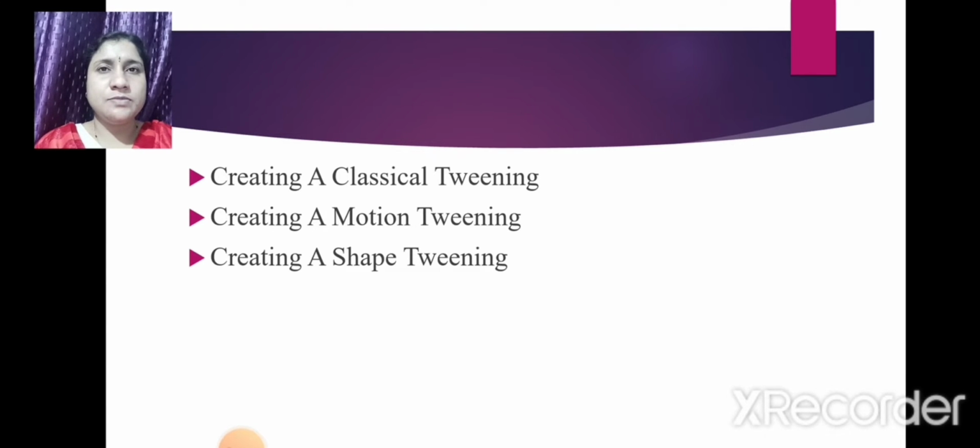Once the tween has been created, you can click on any frame within the motion tween and move or rotate the object. Animate automatically builds a motion path, animating the frames between the first frame and the next frame. In order for Animate to create the motion tween, you may need to convert the object to a symbol.